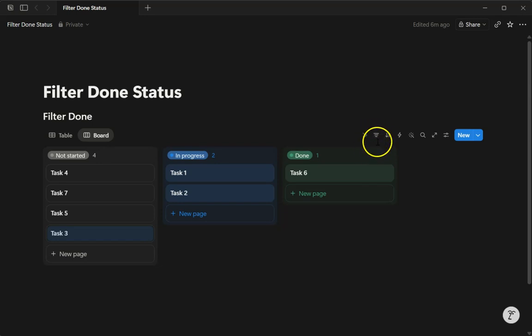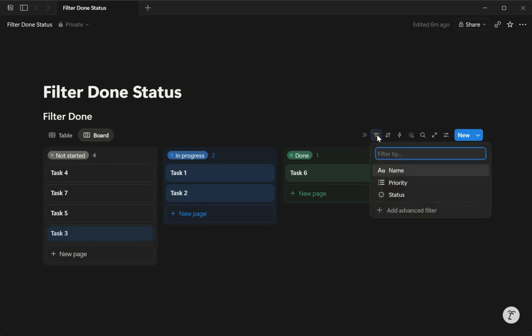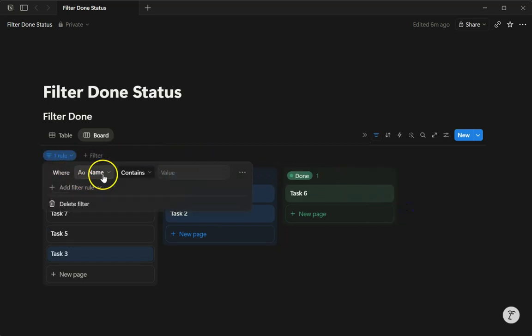So what I'll do here is go ahead and click on here to add a filter and go down to advanced filter. And right here, we'll go ahead and click here where the status is, or rather where the status is not